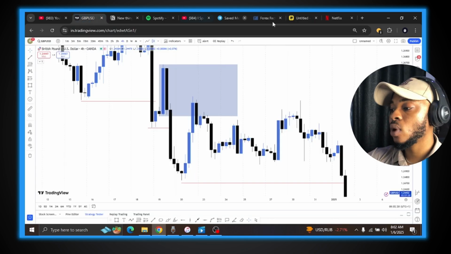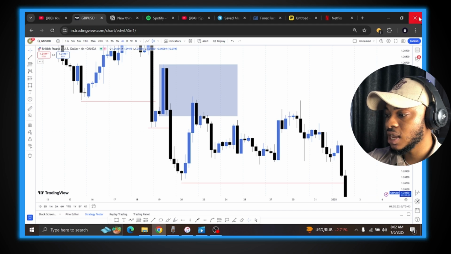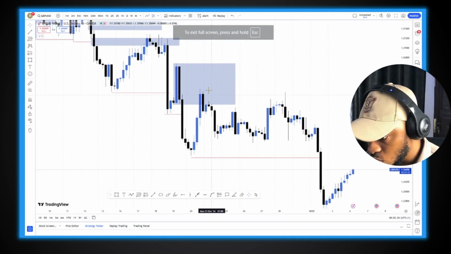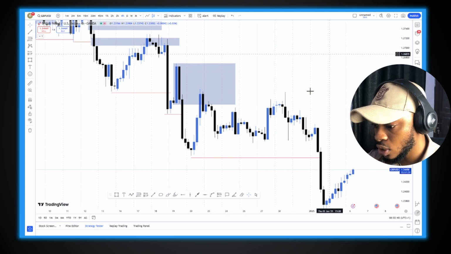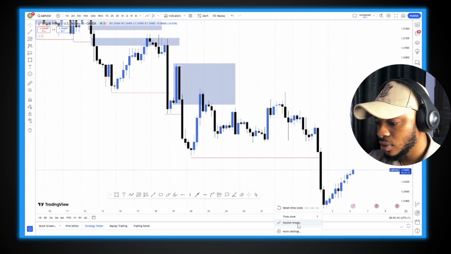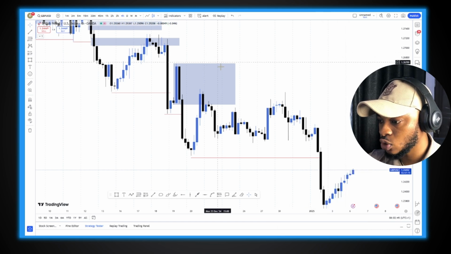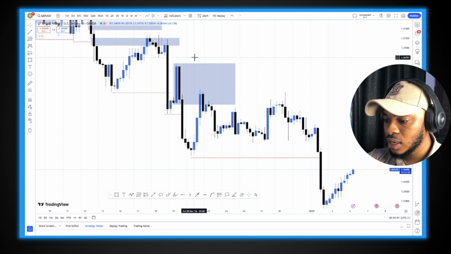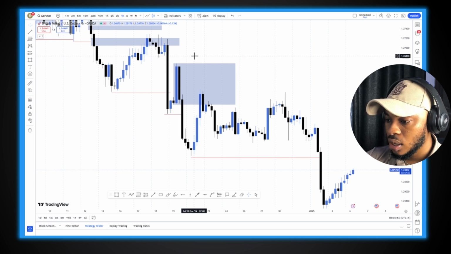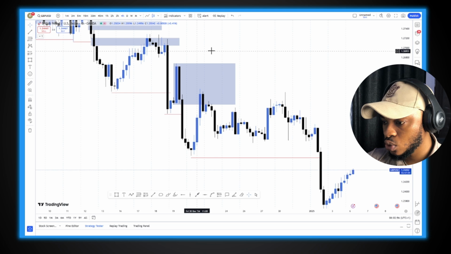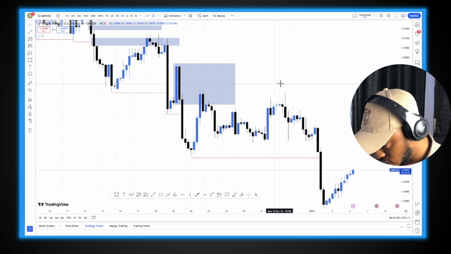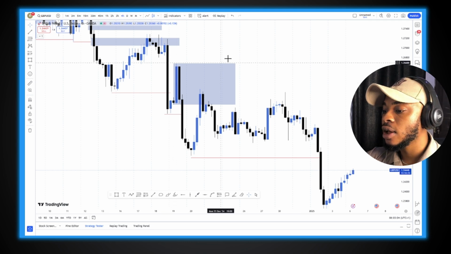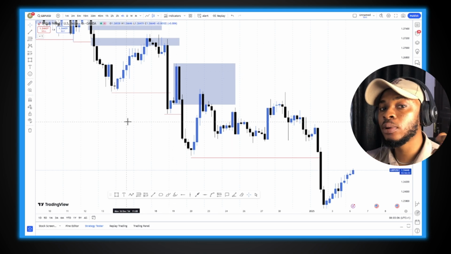Now let's get to work. 1 hour POI. In as much as before we got out of this particular range, it took us some days. So you see my session breaks on, turn it on in your own. Look at it here. You click on session breaks, and every single day on your chart will be demarcated. So we started from Friday 20th December. That's when price entered this order block. So we were there 1, 2, 3, 4, 5, 6, 7, 8 days before price broke out of the range. So 8 days of looking for only bearish opportunities,